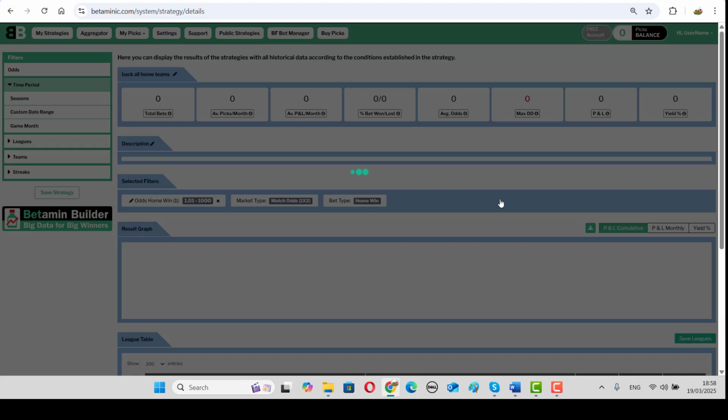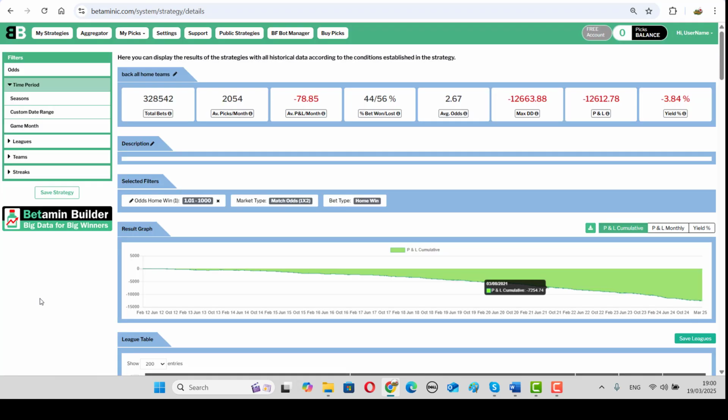People talk about home advantage, but I think the advantage is with the bookmakers, and we're probably going to see that result come up, I think. In this case, we're basically asking for all of the data that Betamin has. So that will take a little bit of processing time. And there's the result. We can see it's checked